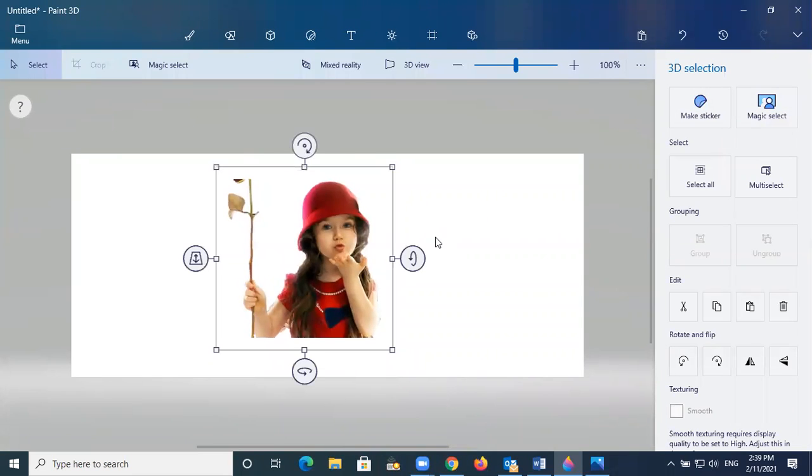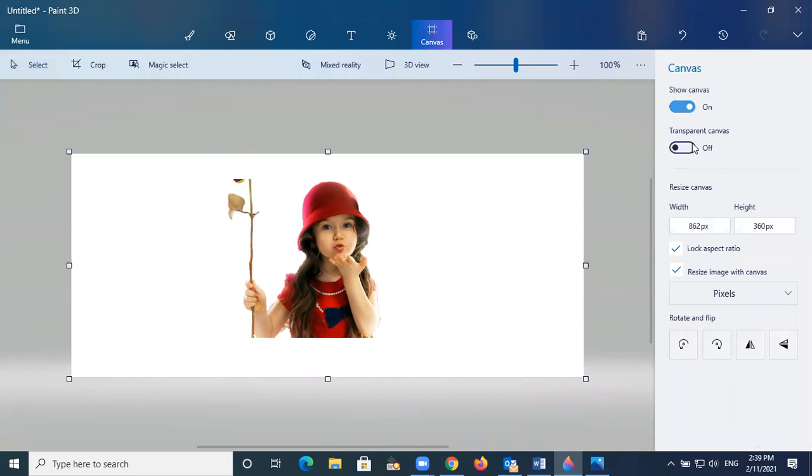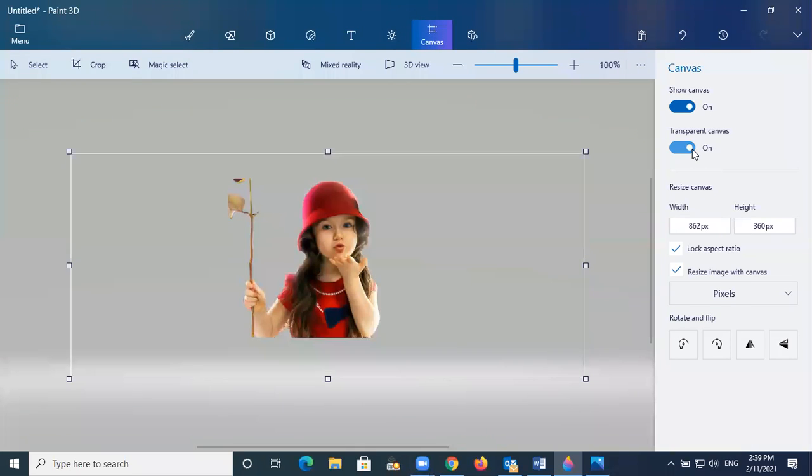Now the girl is here, but without the background. Okay, so then if you want to make it like the pictures for, what, a passport photo or something like this, you can make it like this, transparent. So this is the thing. See, now the girl is without the photo or without the background.